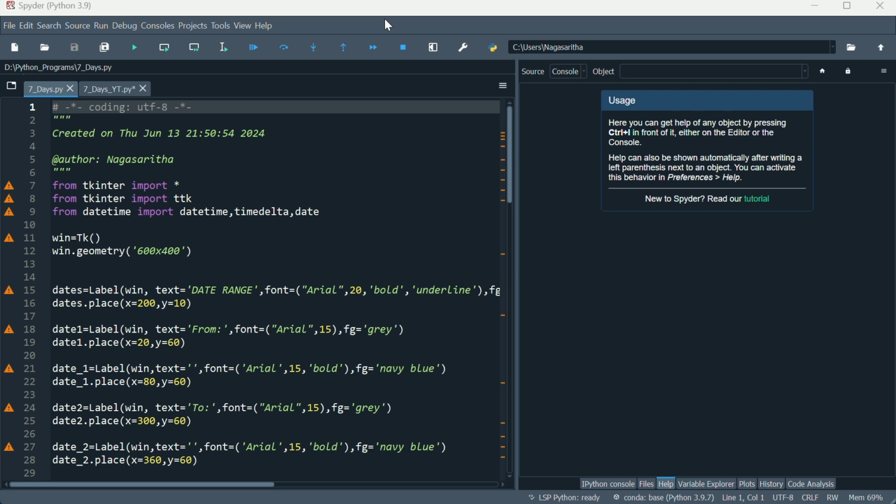In today's session, let's see a program on date range in Tkinter. I've already written the code, let me execute it. Before that, I'll be pasting the full code in GitHub. You can refer to GitHub to get details of the code which I have written over here. So now when I execute it,